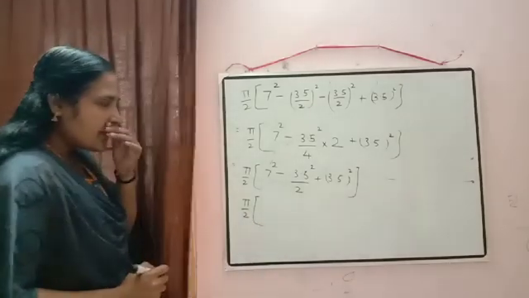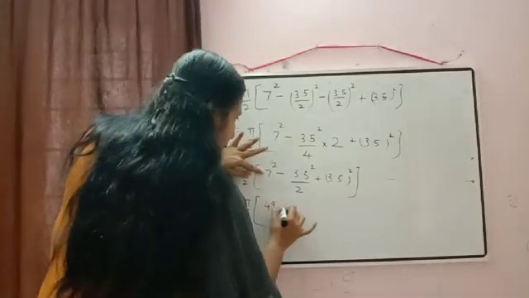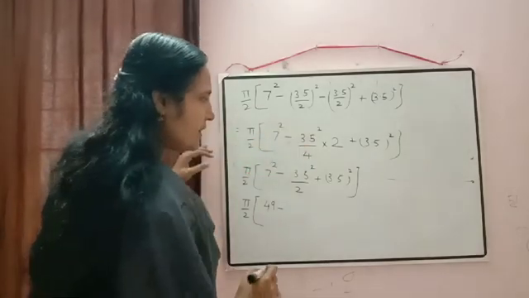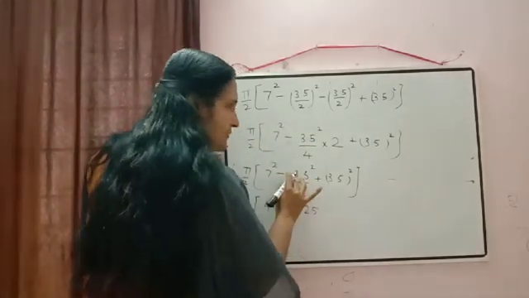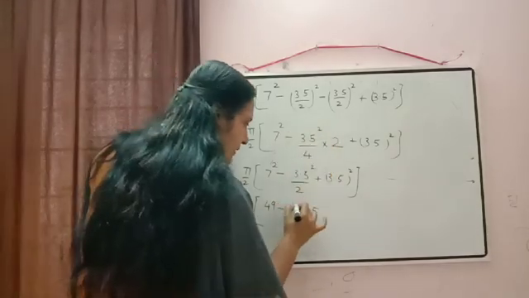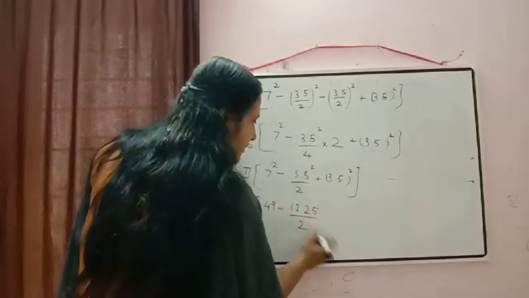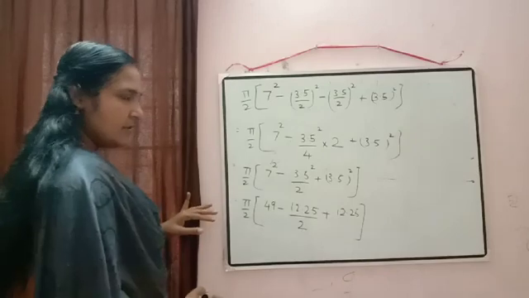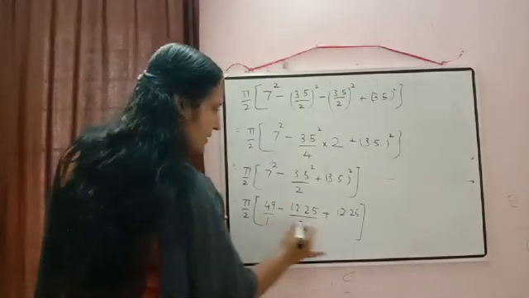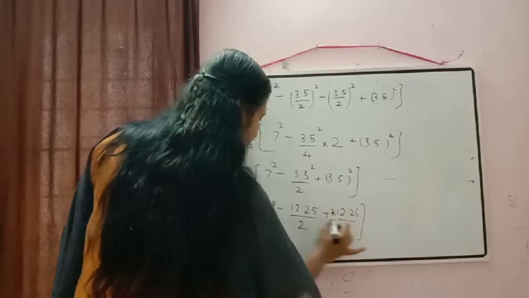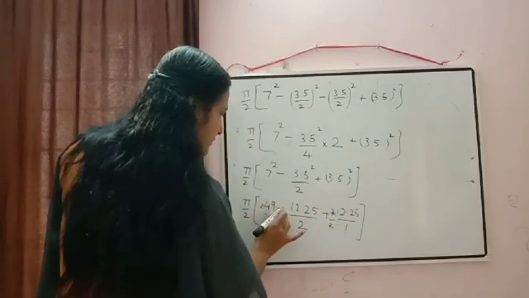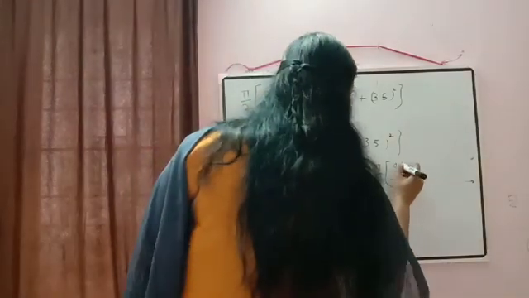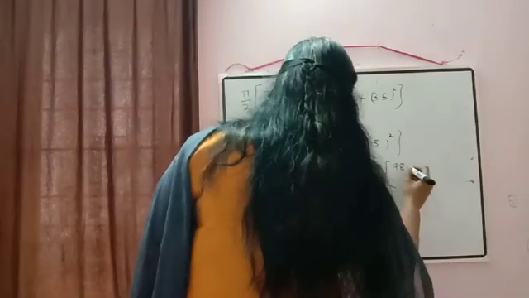Pi by 2, 7 square will be equal to 49 minus, what is 3.5 square? Yes, 5 5s are 25, 3, then 3 plus 1, 4, 3 4s are 12. So it will come 12.25 by 2 plus here also it will be equal to 12.25. Now what we can do? Yes, we can make the denominators equal. So we can multiply it by 2 here. So here also it will be equal to 2. So we are multiplying the denominators by 2. So pi by 2 is there. 49 into 2 will be equal to 98. 98. Now denominators are same.